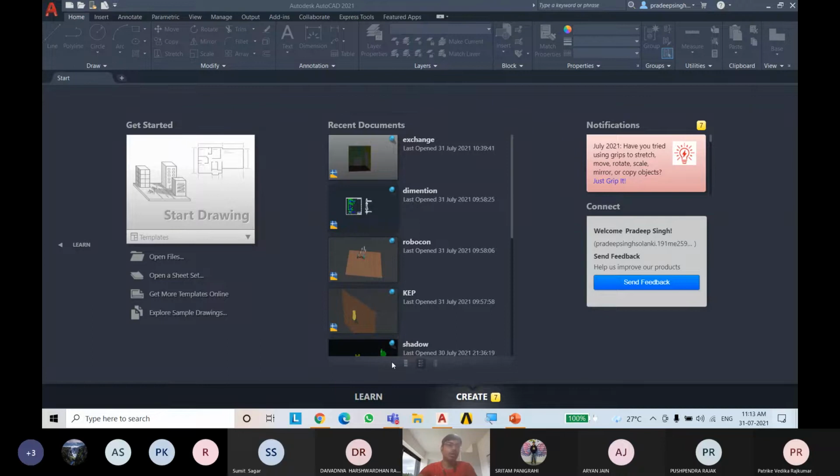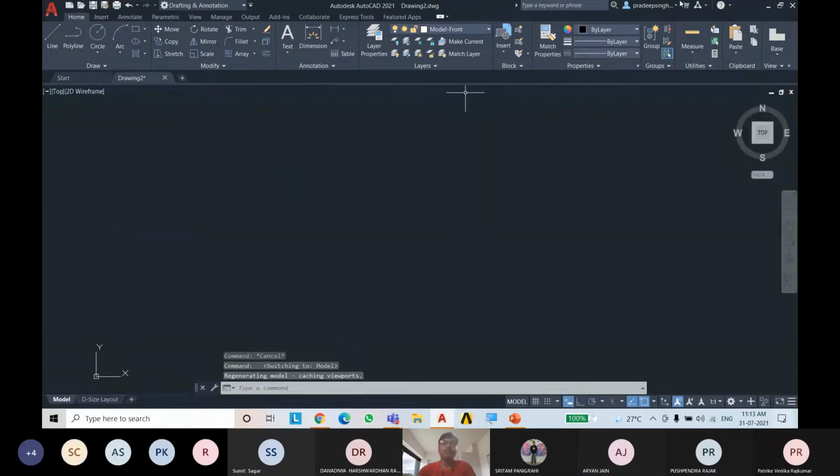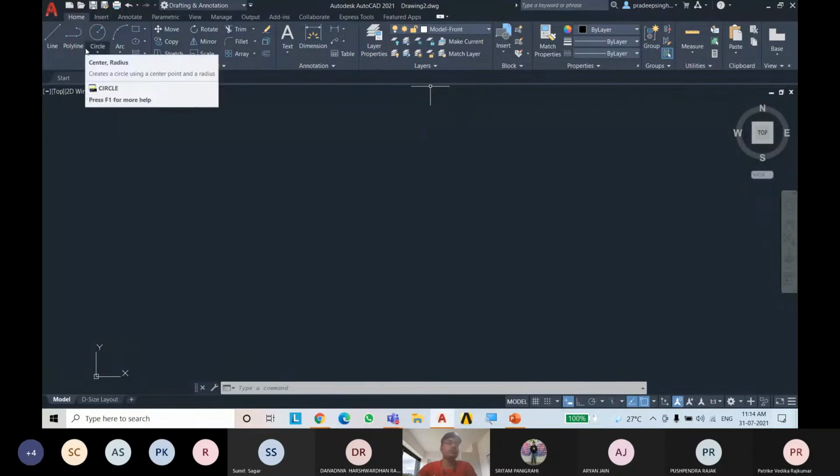in this window. And also, for the first drawing or starting of AutoCAD, you must click on this Start Drawing. Then you will get this window. Now in this window, you can see there are icons of drawing, modify, annotation.